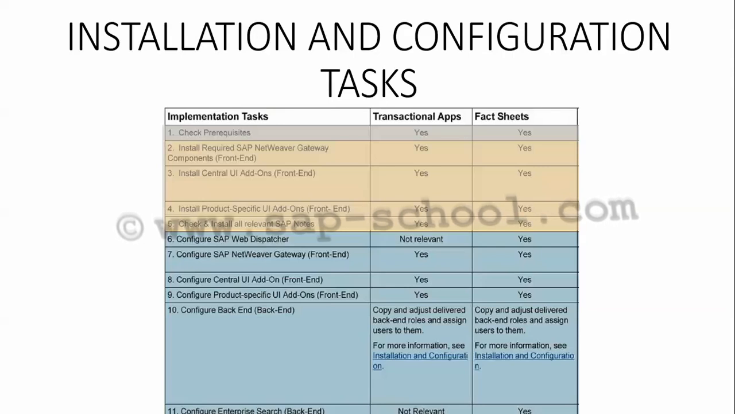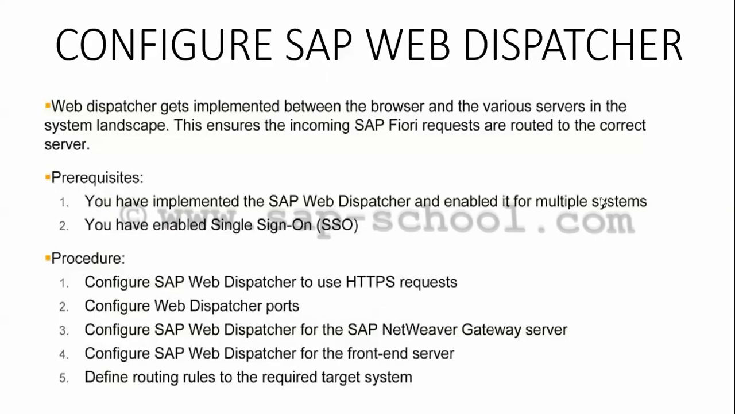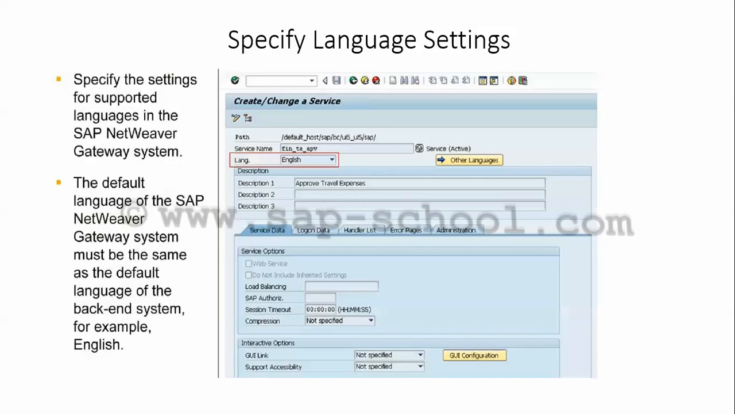We have seen how we have to configure the SAP Web Dispatcher and what steps are involved in it. After that, we have seen how we have to configure the SAP NetWeaver Gateway. Then how we can configure the central UI add-on, how we can configure the product specific UI add-on, and then the configuration of the backend and enterprise search. We have certain prerequisites for each one of them, and then we have predefined steps which we have to follow. This way we have to configure our transactional systems, the transactional apps and the fact sheets in SAP Fiori